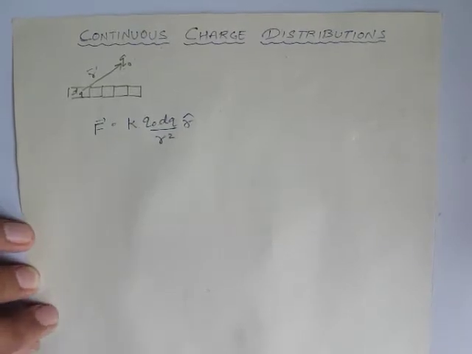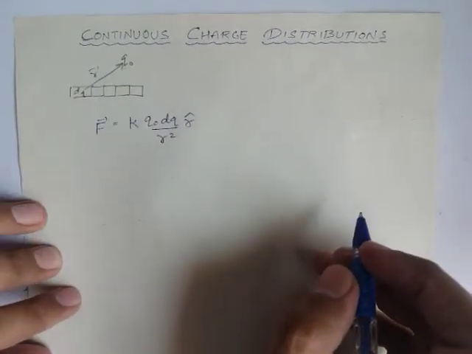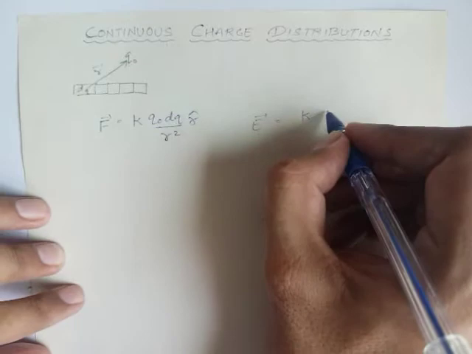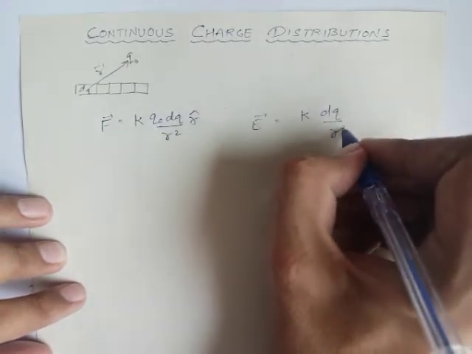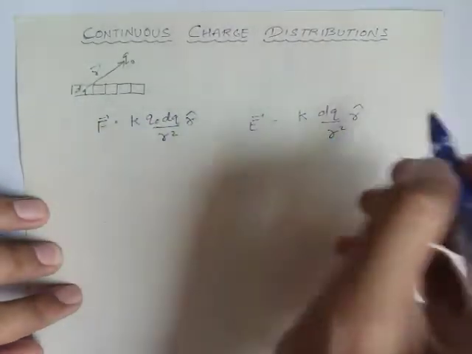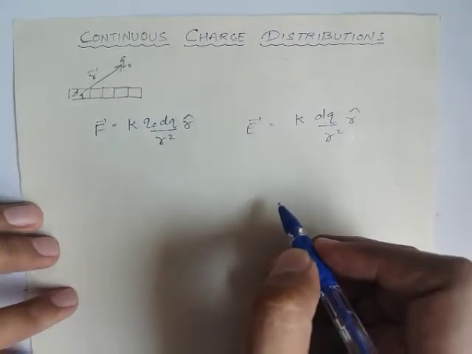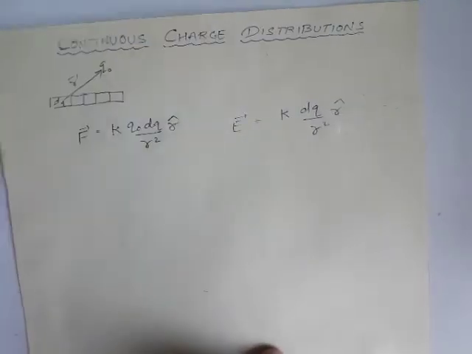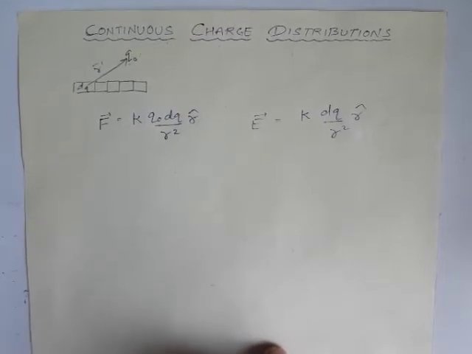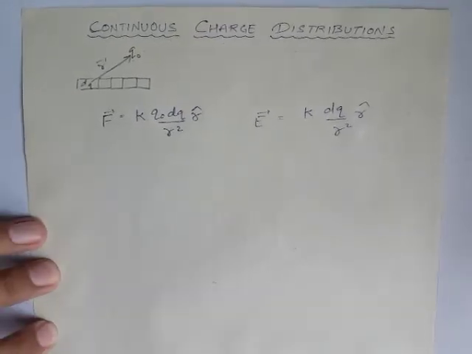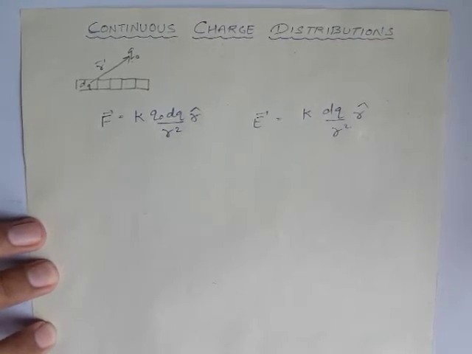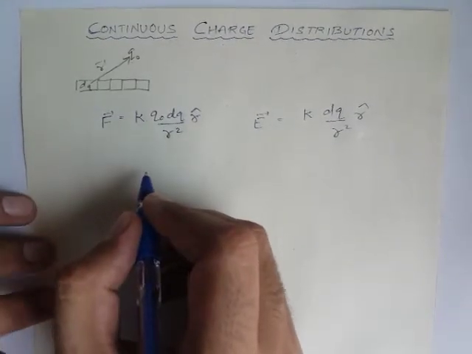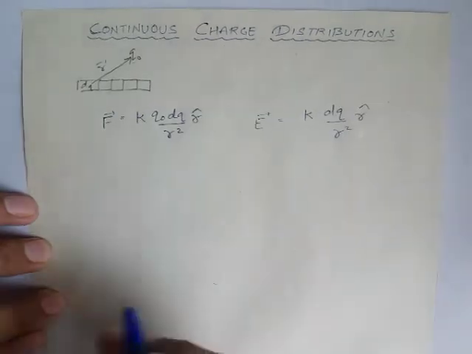If we need to find the electrical field for a continuous charge distribution, we can say electrical field equals K dq upon r square r naught. That q naught will be cancelled and we will get this. In this, we need to consider that the force and the electrical field are used the same way. But we need to manage something. What we need to manage? We need to manage this continuous charge distributed over a surface or line or volume. So we have three types of charge distribution over here.